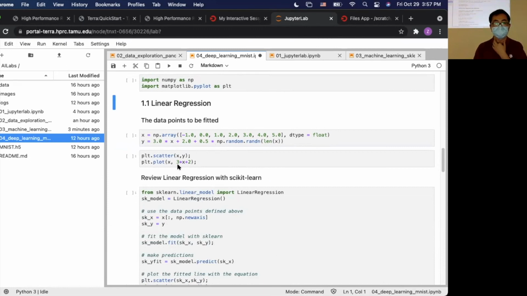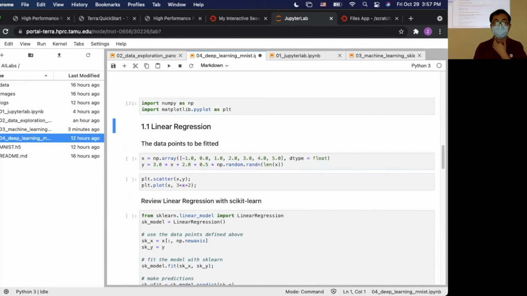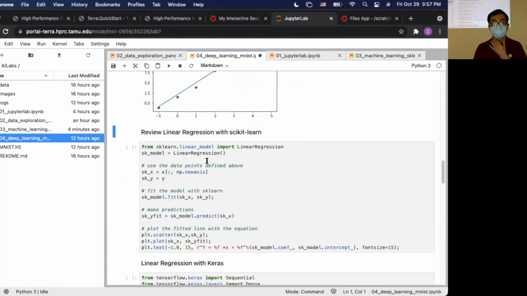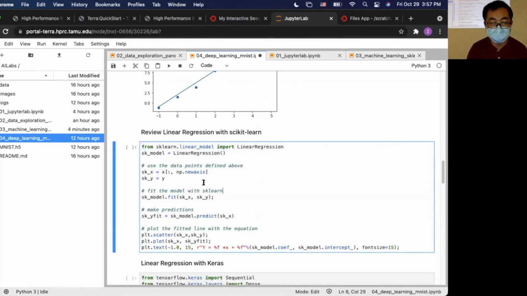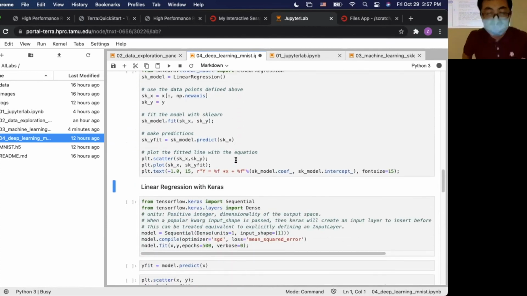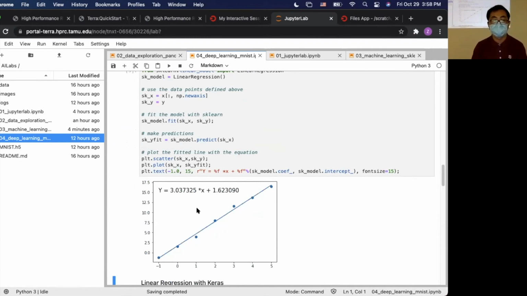So we imported the package, and then we generate some data points and add some randomness. And then we plot these data. And if we use scikit-learn, we just talked about it. So let's see, the model learned about the data. So we have a linear regression model, and we train the model, and then we make predictions with the model.